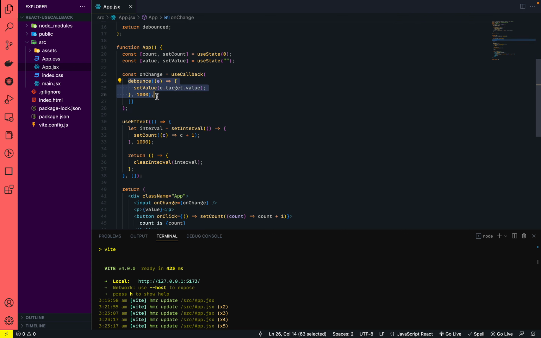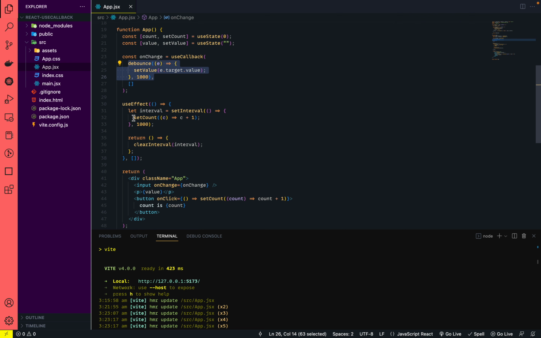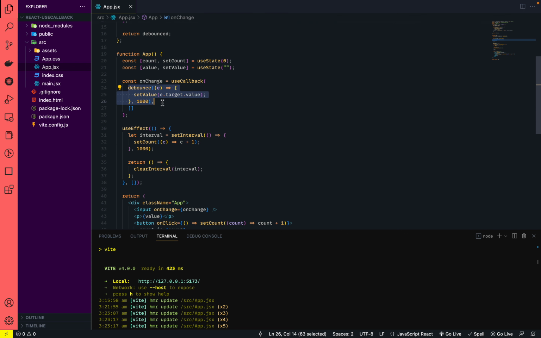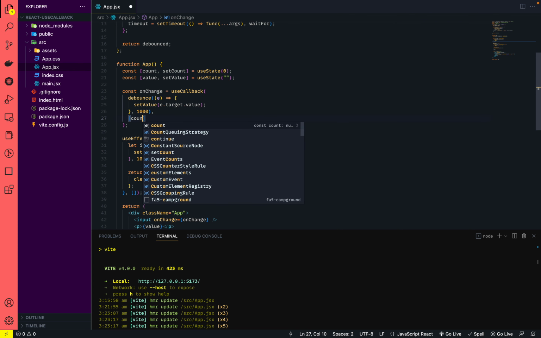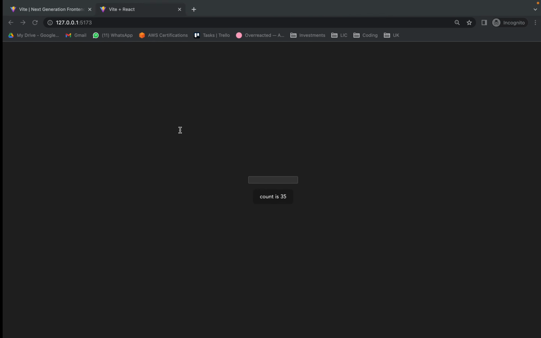So this is a classic problem with debouncing. If you are using React and you have some state updation going on like this somewhere, it will affect the debounce function, and you don't want that. So in that case, you use the useCallback hook. Now you thoroughly understand what the useCallback hook does. It basically caches the function on every re-render, and if anything in the dependency array changes, it will